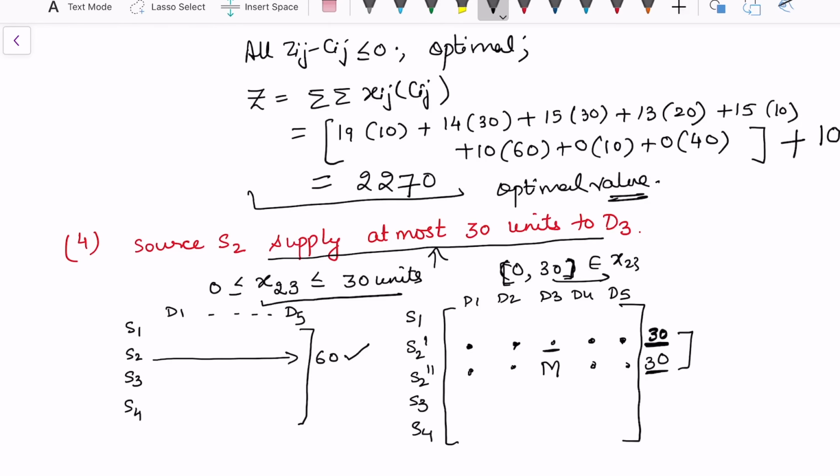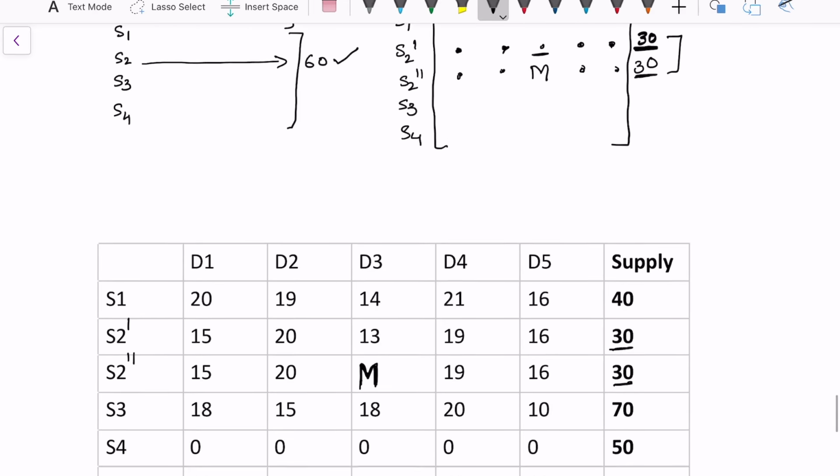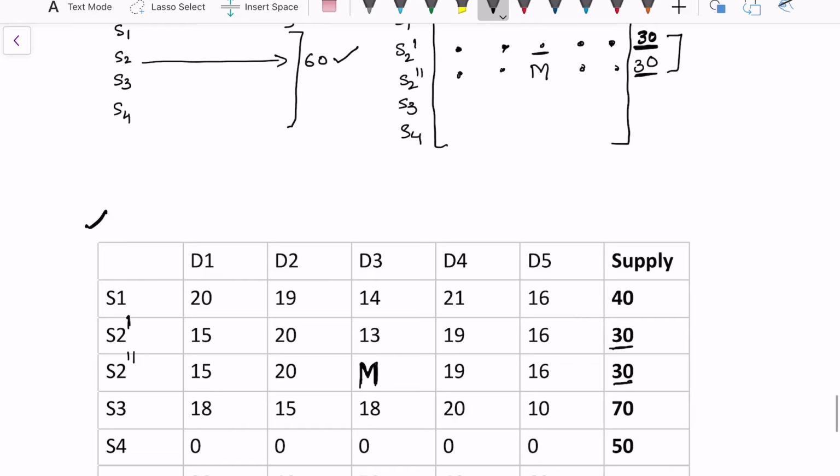Now let's look at the table to see how we start solving this case. Now I get the table as this, and here we have S2 dash and S2 double dash, and you can see here the costs are exactly split up, the same cost, but here I have blocked this one because we want to see that this 30 units is the at most possible supply that can go into this cell or in any other cell as per the method, but the remaining 30 supply will not go into this cell, and that is how we have blocked at most.